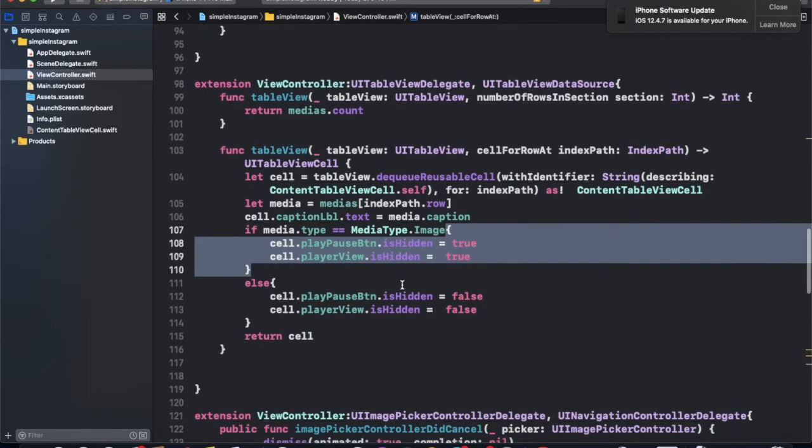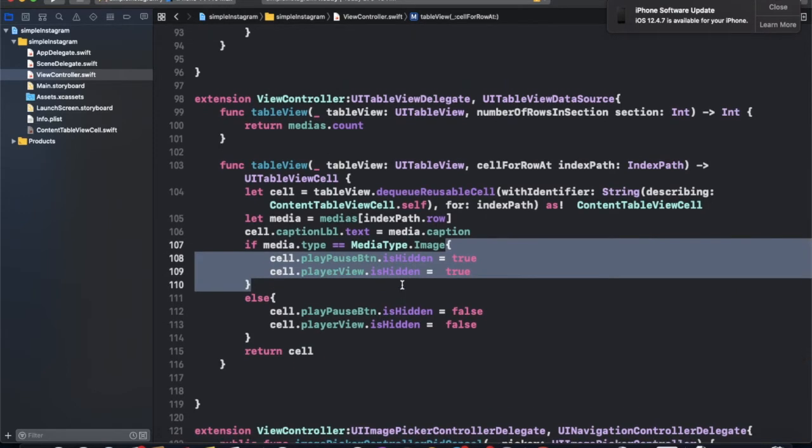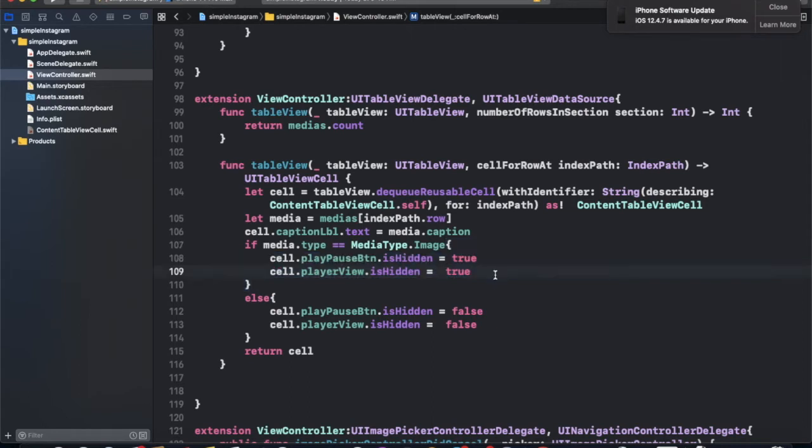So everything is looking good. Now we need to set an image. In both cases, you need an image. If you have the image type, you can set the image from the data or from the image URL. So you need to check where the image comes from first.